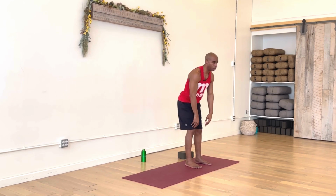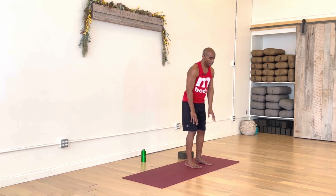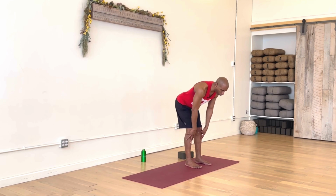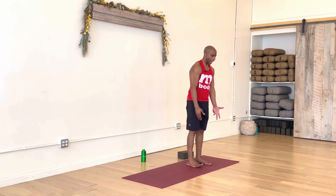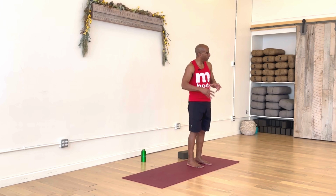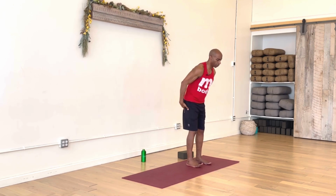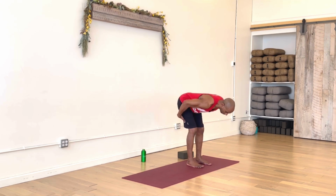Now you don't have to go all the way down if that's not feeling good on your body, like your back or your legs. Maybe your hands are resting more up onto your shins or knees. But wherever you are, do notice the sensations in your body. If you happen to be hanging heavily forward with that heaviness in the body, notice the curvature of the spine. Hopefully there's a sense of release all the way down through the spinal column. Notice the stretch in your legs, and of course we are working with legs today, so this is a nice initiation of that stretch